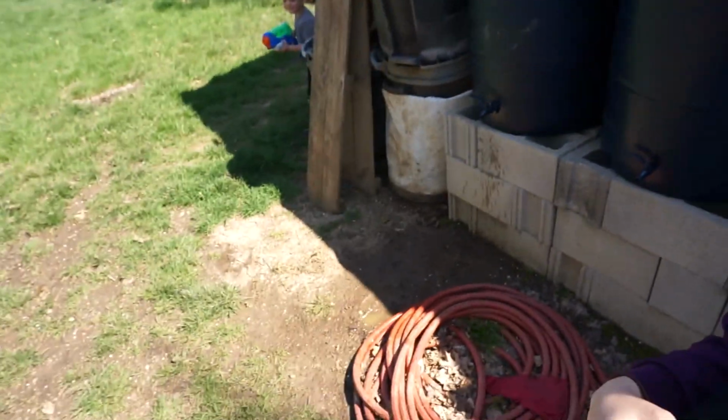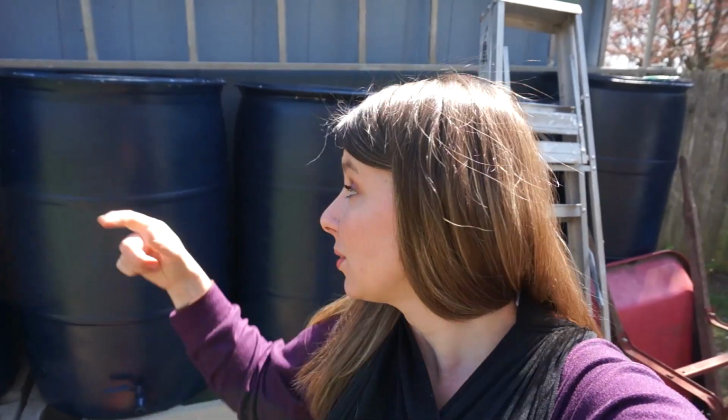I'm going to try and see if I can get water out of the rain barrels. We're going to see. I'm going to hook up the hose. Don't squirt me. Hey, don't squirt me. Love-hate with water. I'm going to try to hook up the hose, see if we can get some water out of the rain barrels. They're all full. All the rain barrels are full. However, the problem that we've had is from the water barrels to the garden is an upward slope. So sometimes it doesn't have the